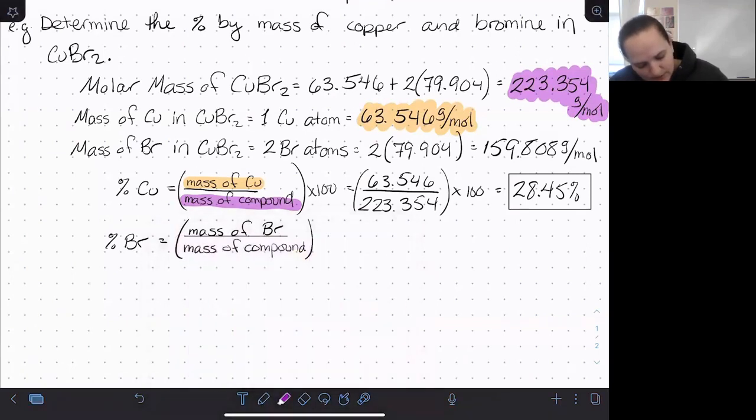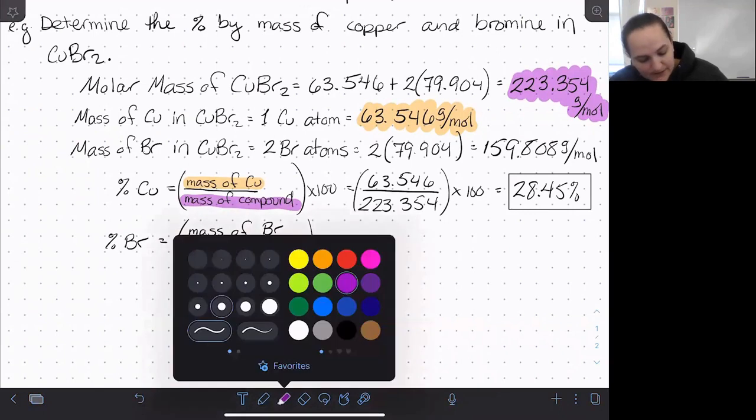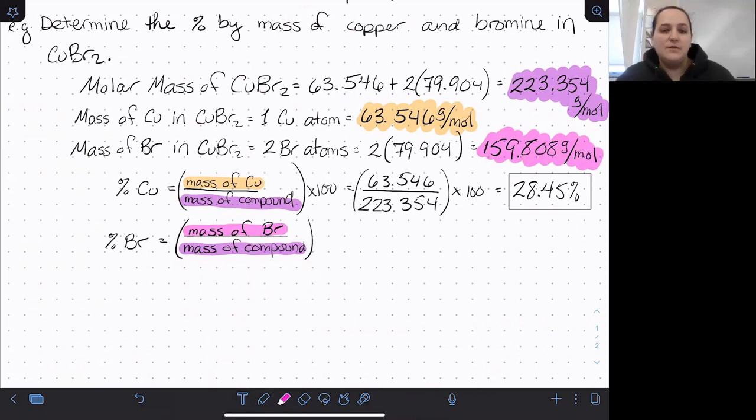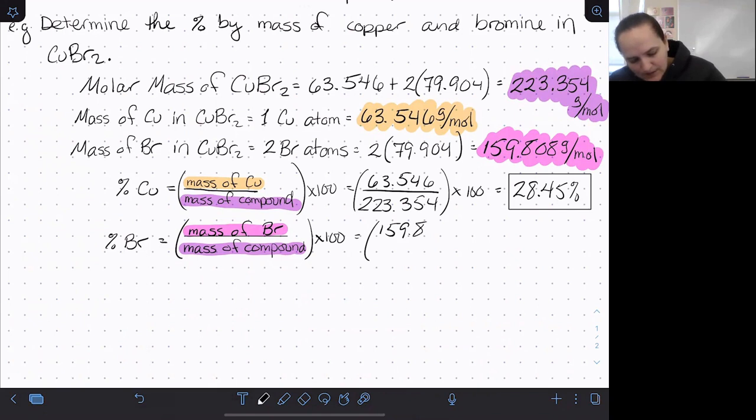So that mass on the bottom is staying the same since we're talking about the same compound. But now our mass of bromine, we want to make sure that we are looking at the mass of two bromine atoms, since there are two bromine atoms in our formula. And then we will multiply by 100 to get us into percent. So we have 159.808 divided by 223.354 times 100 gets us 71.55%